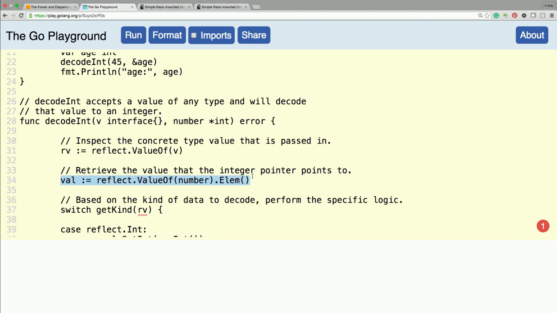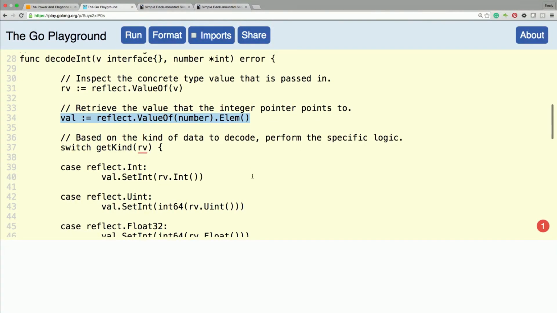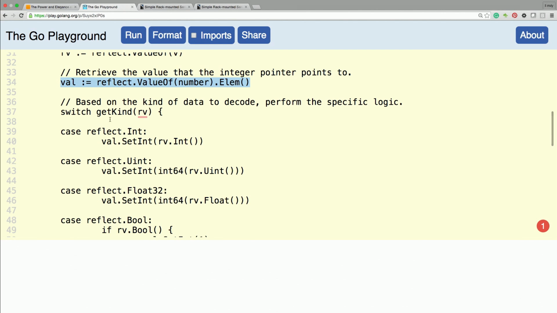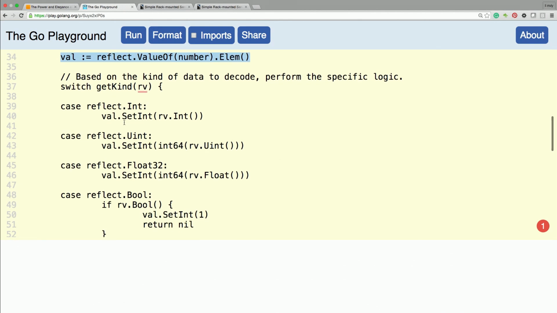Then on line 34, we retrieve the value of your integer pointer, because that's what we want to decode into. So we retrieve that. Then what we do is we just switch on your reflected input value kind. And here, I want to point out something to you. If you switch the kind, because in our example, we decode a string into an integer, right? So let's see, you see IV, you get string,